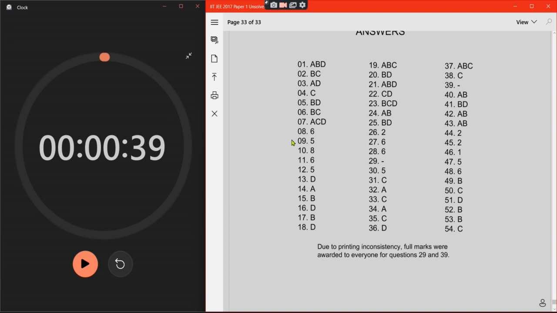एट का सिक्स मैंने सिर्फ थ्री किया, इट्स रॉन्ग। वेट, मेरे इतने सारे गलत कैसे हो रहे हैं फिजिक्स में, दैट डजंट एक्चुअली मेक सेंस। नाइन्थ फाइव मैंने तो बहुत केयर के साथ में प्रॉपरली किया था। 11th 6 है, ये रॉन्ग हो गया। 12 5, 13 का डी, 14 ए, 15 बी, 16 डी, 17 का बी, 18 डी, ओके। 19 ए बी सी, मैंने ए से बी सी का उसको टू करेक्ट किए।